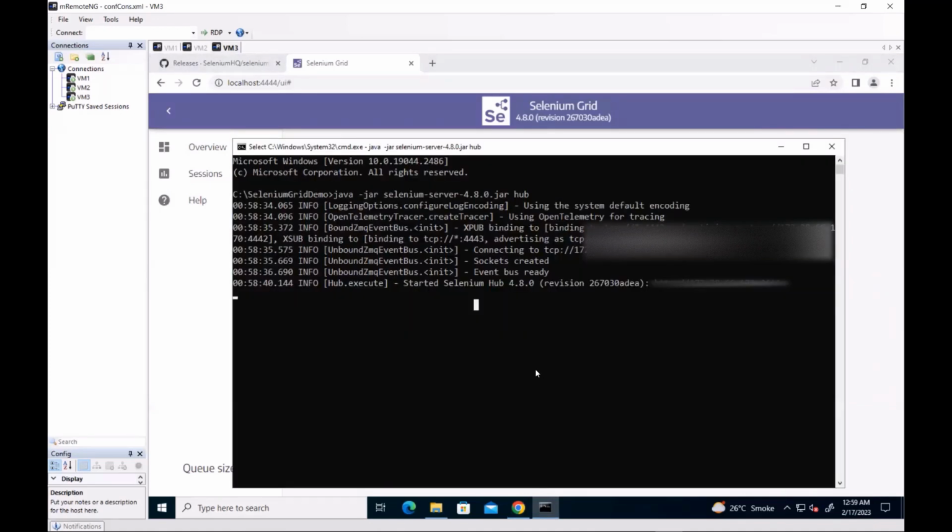To attach nodes to the Selenium hub, we need to again use the Selenium server jar file. This time, we'll pass the argument in the command as node instead of hub. We can make any machine a node. It can be the same machine where the Selenium hub is running, or it can be other machines. So in case you want to use only a single machine, but you want to set up your Selenium grid in hub and node mode, then what you can do is